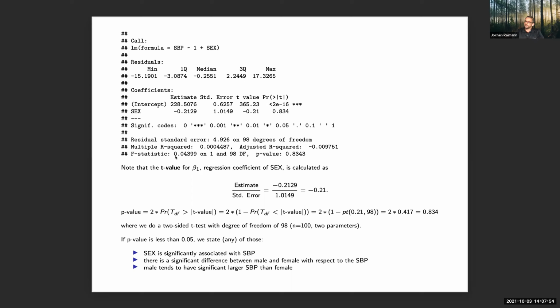Then we have here the F statistics. The F statistic is basically assessing overall the accuracy of the model, whether there's actually a significant covariate included in your model, and basically shows it on an overall unimodal right-skewed distribution, which essentially is